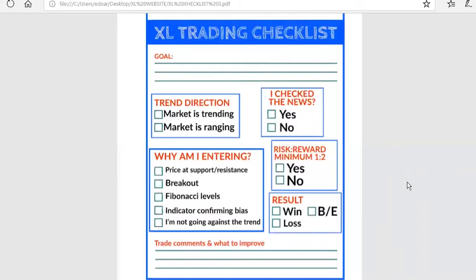Hello everyone, we are here today to talk about a trading checklist or a trading plan, which usually go hand in hand. First of all, we will start off with this checklist that I personally created,